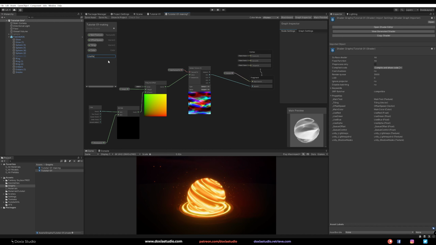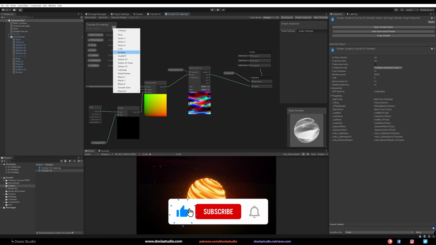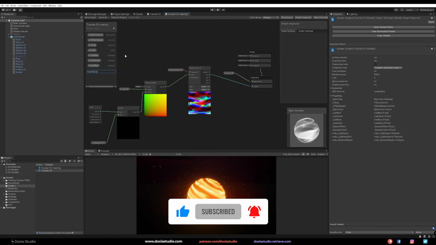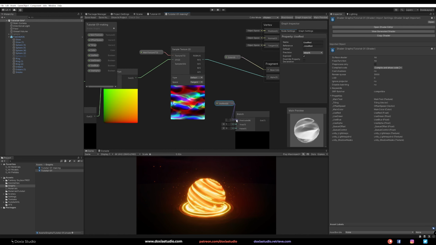Let's go with use red. Let's create another Boolean for each channel, use green. Another Boolean, use blue. I think there's another way to do this, but this is the fastest way that I use. Okay. So what I want is just to use a branch. And in Houdini, or in a programming language, this is called the if statement. So for example, if use red is checked, we are going to use the red channel. Otherwise, we are not using anything.